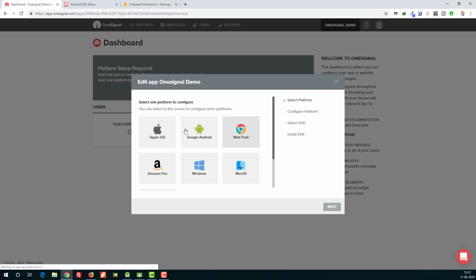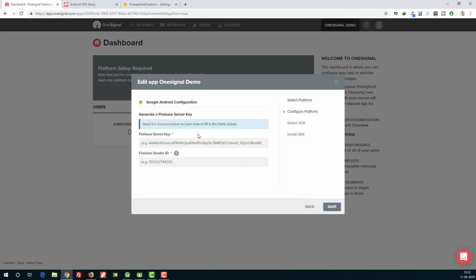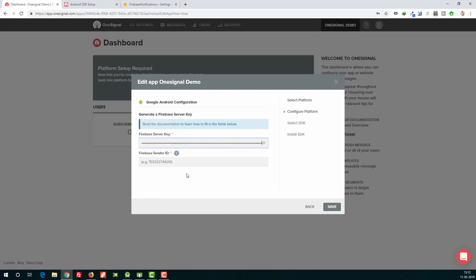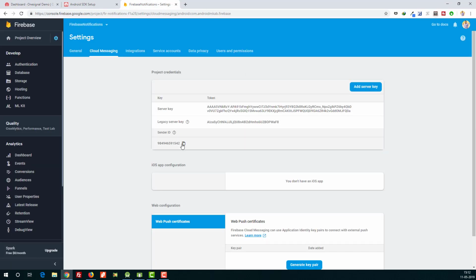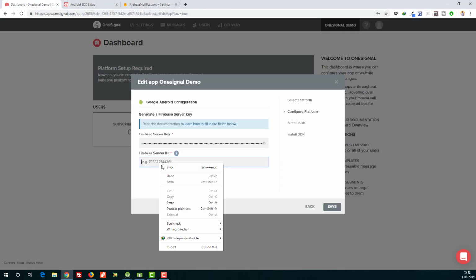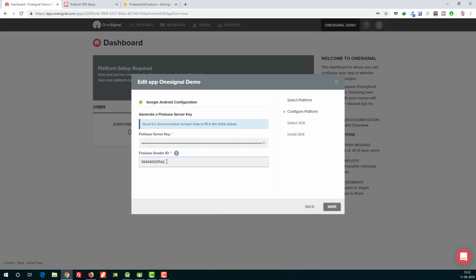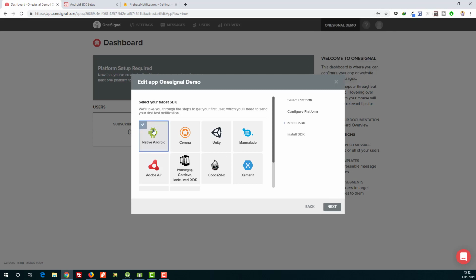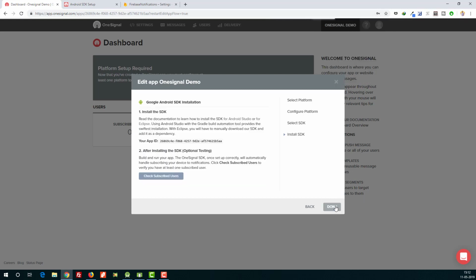Okay, here OneSignal will ask to choose the platform. In our case it is Google Android. Click on it, then click on next. Now paste the server key here. Again go to Firebase, copy the sender ID, then paste the sender ID here, then click on save, then select native Android here, then click next.